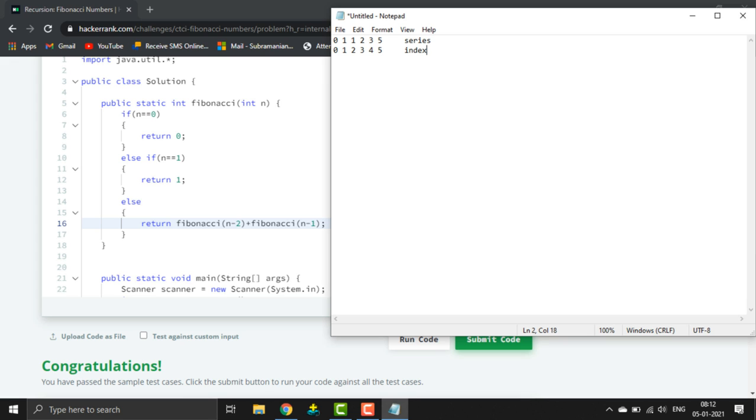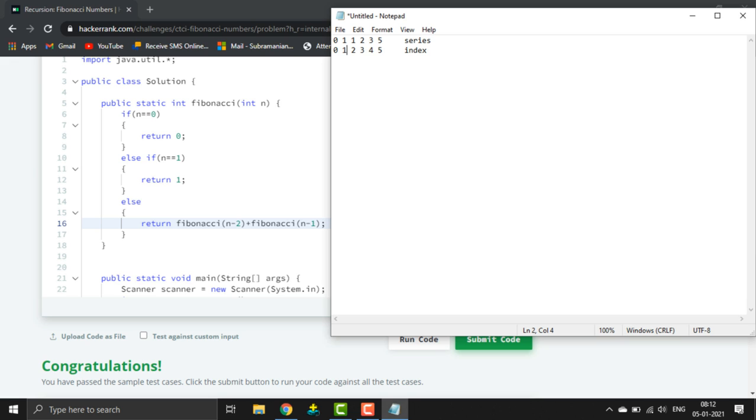Once we pass 2 as the index, then while getting into this argument section, we are subtracting 2, right? So 2 becomes 0, Fibonacci of 0. It passes into the method as 0 and returns 0 here, and we are adding 0 with n minus 1.